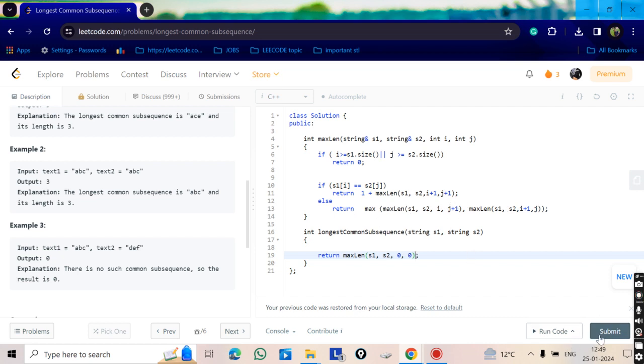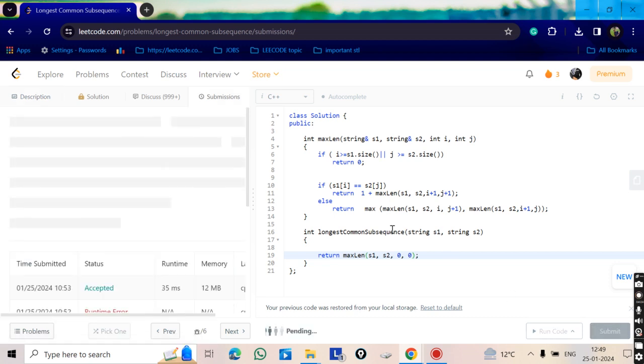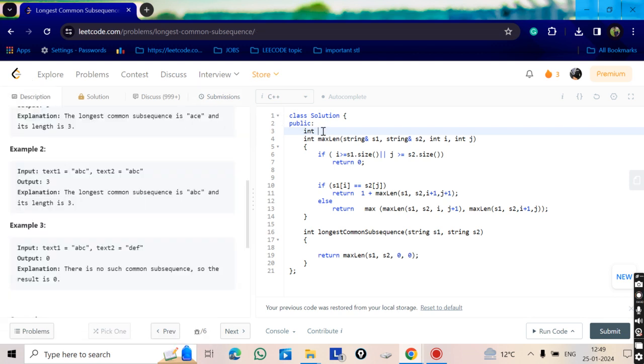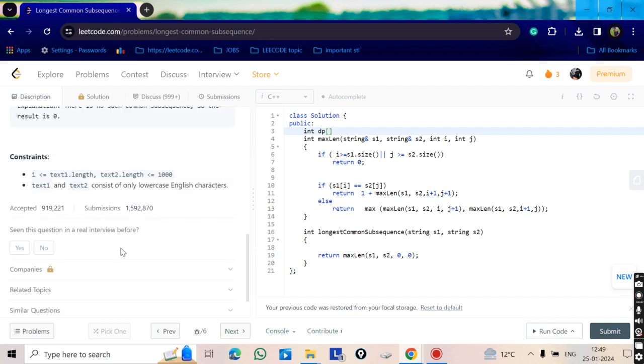If we submit this, it gives a time limit exceeded because it is not memoized. So we are going to memoize. We create a dp array of size: the length, 1000 plus 1, plus 1 for safety.